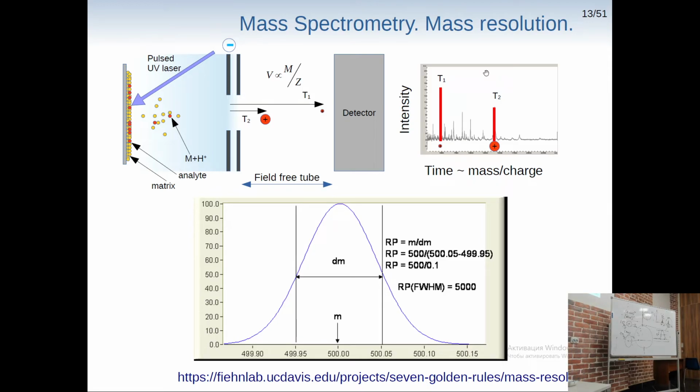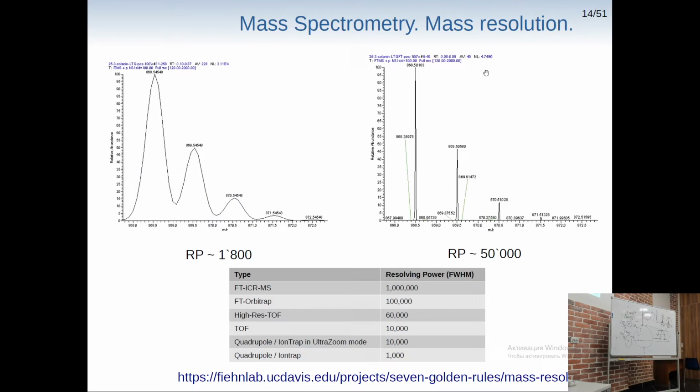We'll need this resolving power because resolving power is not homogeneous on this scale of m over z. For instance, if we have something really light, we'll have this kind of distribution. It's also a Gaussian distribution, but it will be more